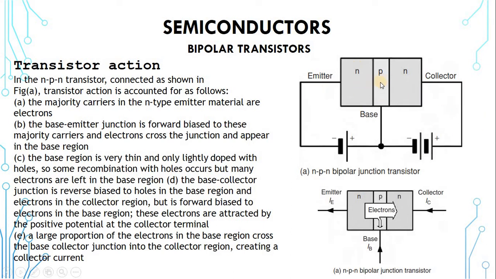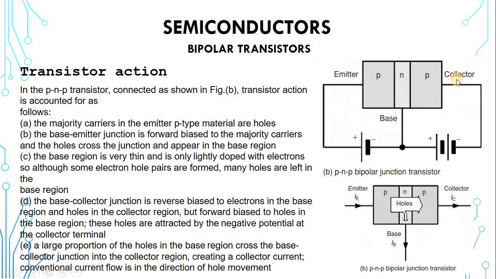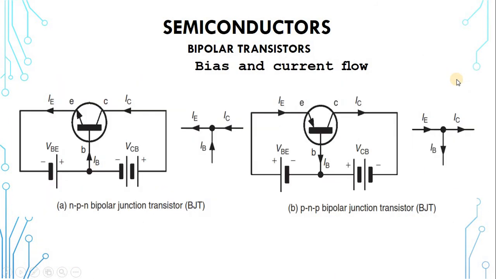Because the holes here are few, only a few of the electrons fill the holes, and the remaining are pushed here and attracted by this one to come out of the collector. So at the end of the day, we are going to have a huge amount of current flowing out of the collector,